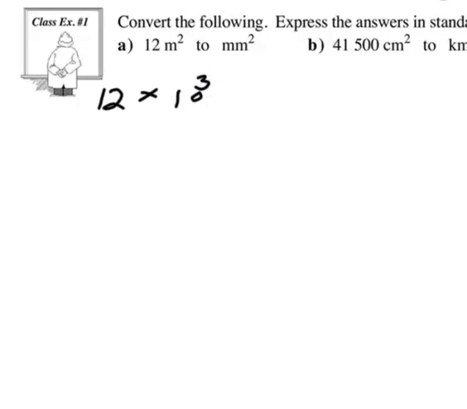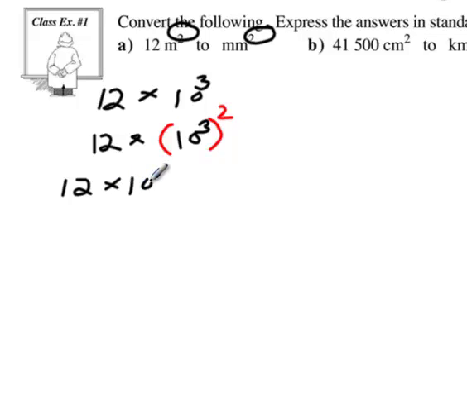So we'll start with that. Now we have to worry about the dimension. In this case, it's two-dimensional, or our units are squared. So what we want to do is multiply our conversion factor, in this case 10 cubed, by 2, or we're going to raise it to the exponent of 2. So not multiply it by 2, but raise it to the second power. So that gives me 12 times 10 to the 6th, or 12 million